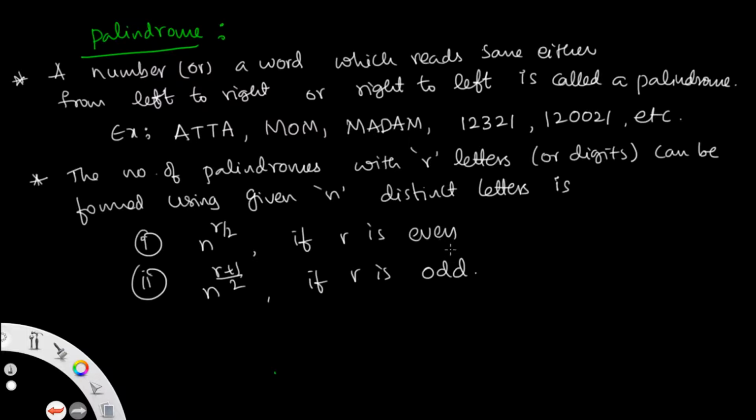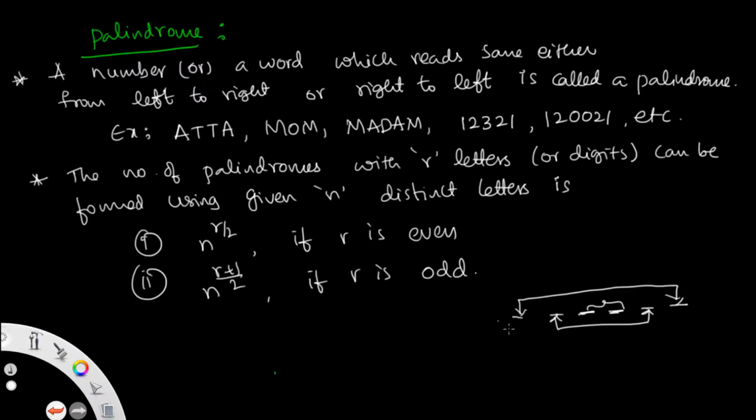This is the formula for palindromes, like filling in the blanks. Here the first and last places are filled with the same letter, the second and second-last places are also filled with the same letter, and the third place and the next are likewise the same. So this is to be a palindrome. This is the number of ways of filling the blanks.